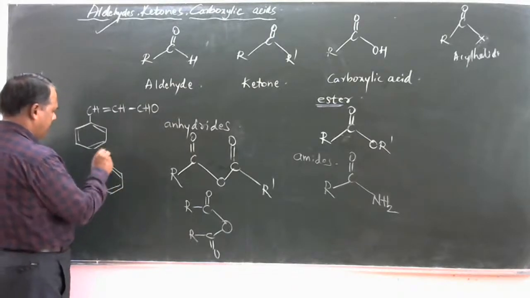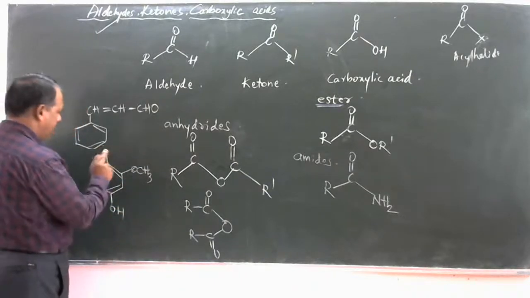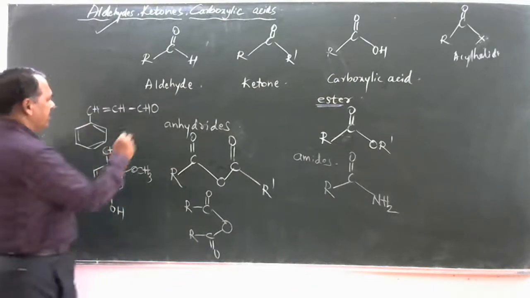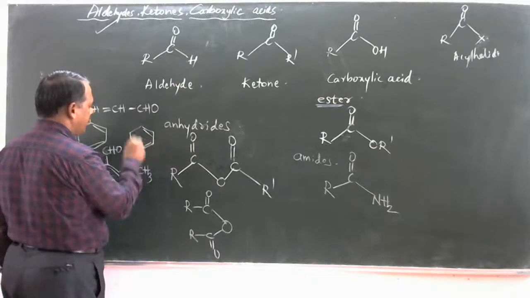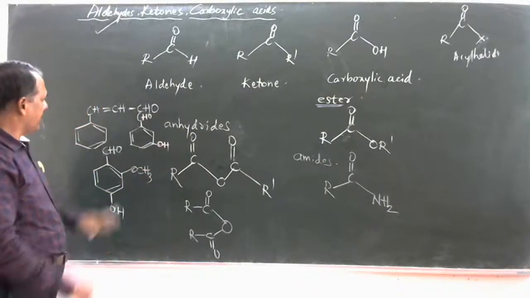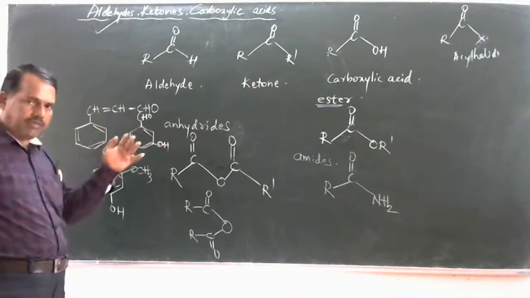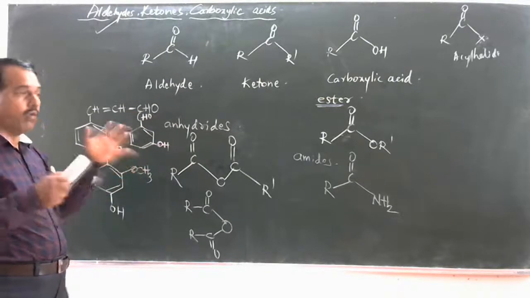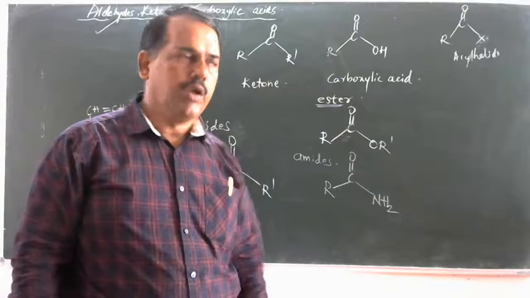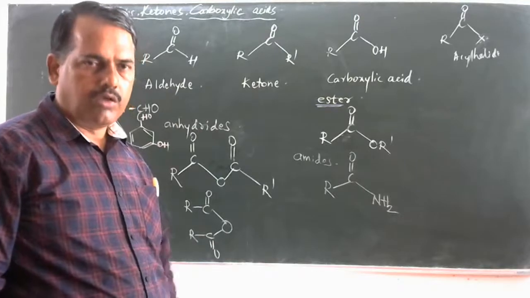Then you can even write vanillin. See, vanillin: OCH3, then OH and CHO. So this is nothing but vanillin. And salicylaldehyde: CHO group and OH, which is nothing but salicylaldehyde. All these can be extracted from plants, and they give a fragrance. Fragrance is a pleasant odor. So all these are aldehydes, and we shall study the chemical part of these aldehydes. Okay, dear students,